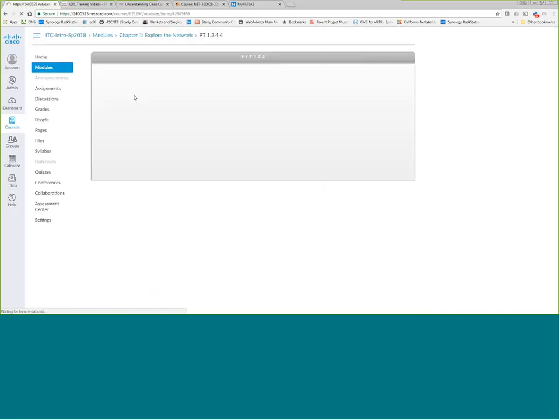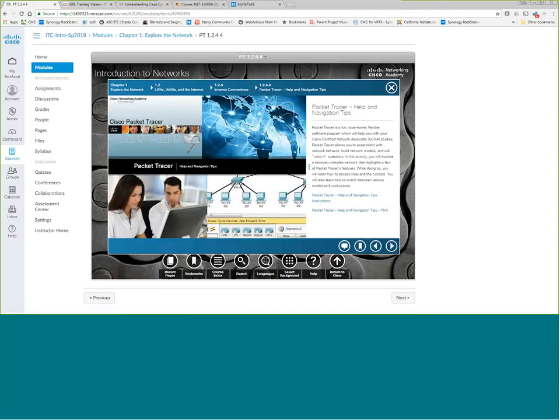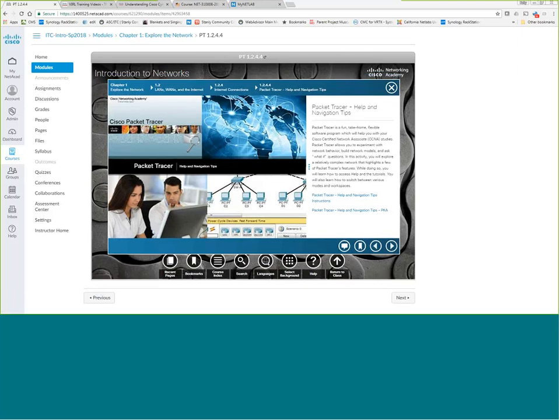Now, as many of you become aware, there are some packet tracers, such as this one right here, Packet Tracer Help and Navigation Tips, which really do not have you do anything that is graded. It is simply a packet tracer that is what I call a look and see packet tracer. So as I mentioned in the detailed orientation, some of these packet tracers you may just have to upload a single